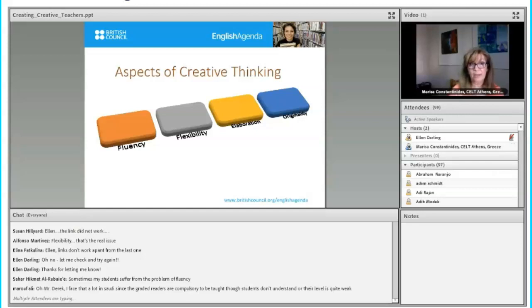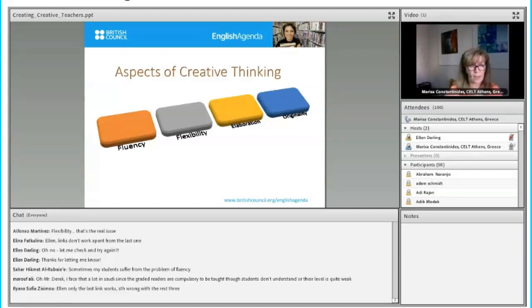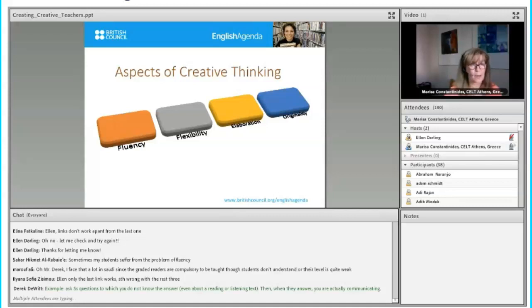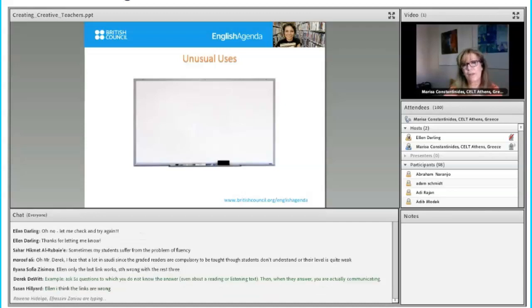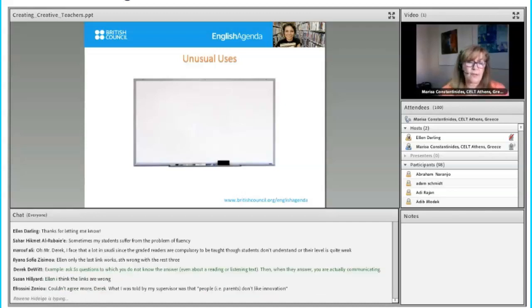We can be creative by producing different ideas, by using the ideas of others and building on them, and by producing lots of different ideas to help them, to help ourselves and to help our learners. Okay, so if we take the ideas that I've talked about so far, one activity that I could possibly use with a class